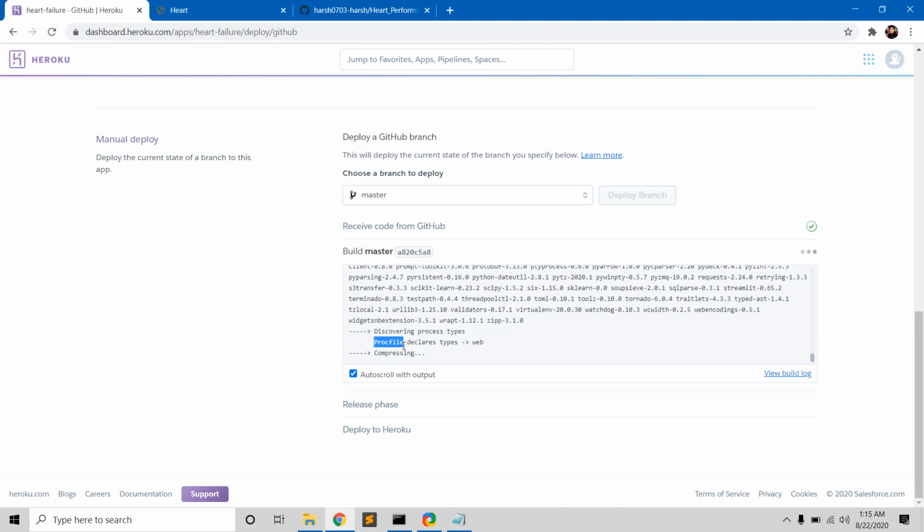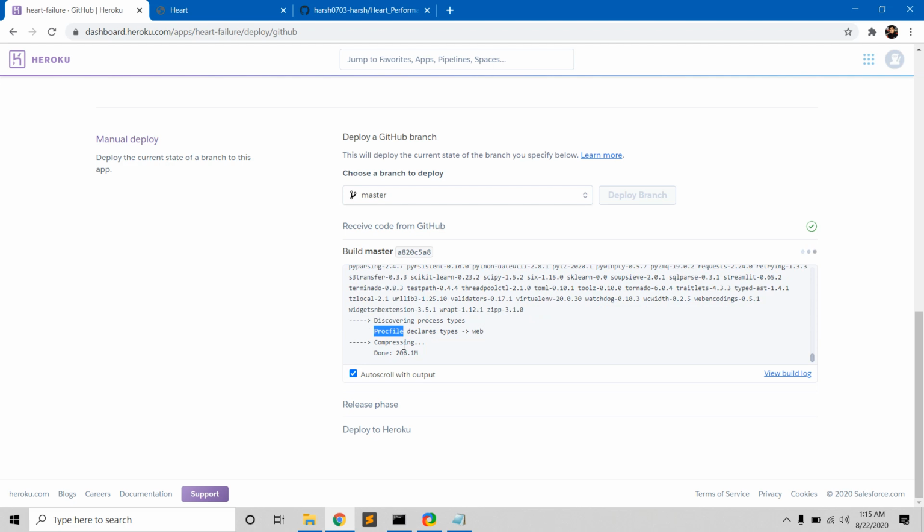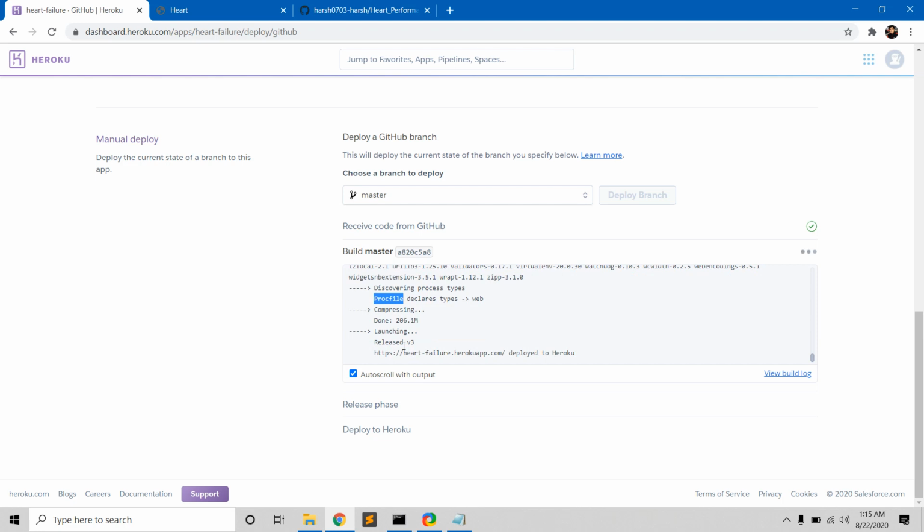It will activate our gunicorn library to start my app.py file. Now it is the website of our web app.